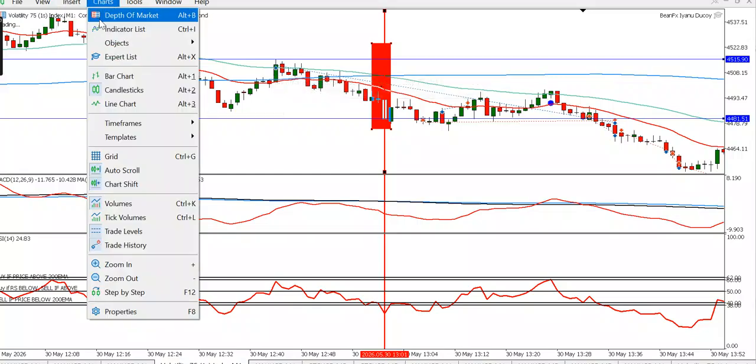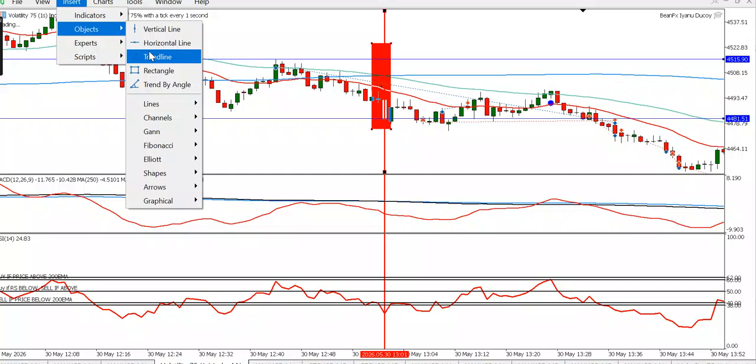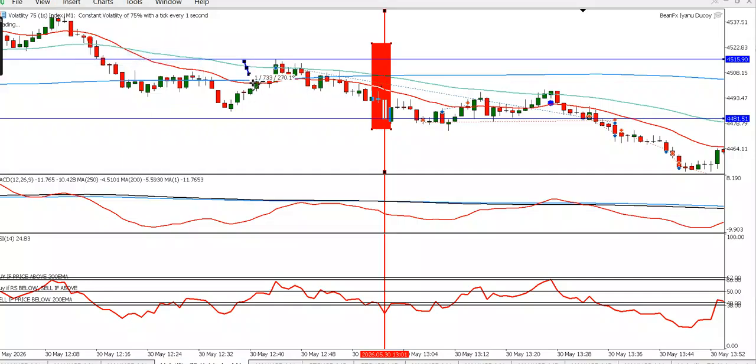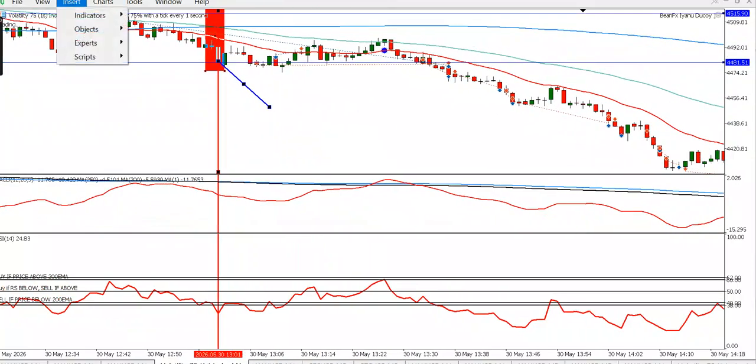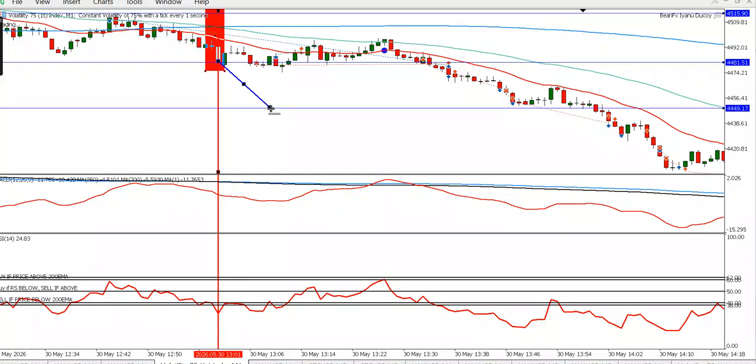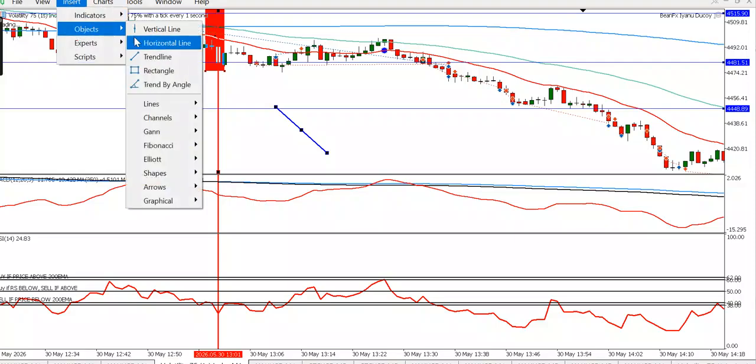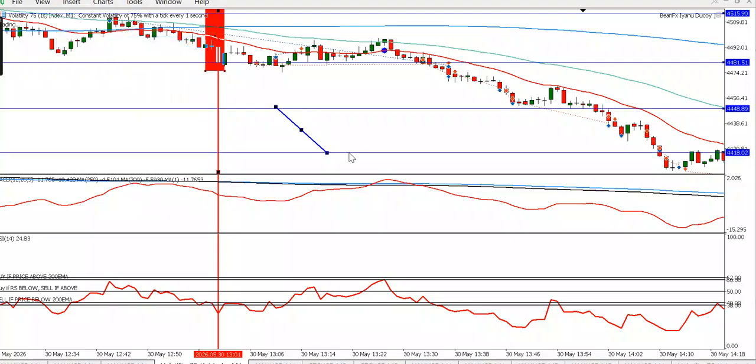So the depth of entry to stop loss ratio 1:1 could give you your TP, okay, your TP1. Another ratio 1:1 could be your TP2 and TP3 subsequently. Okay,